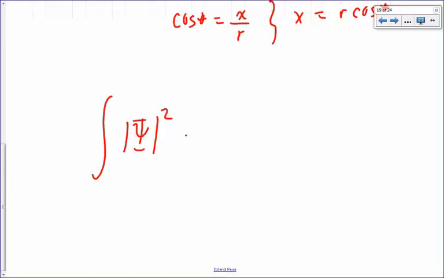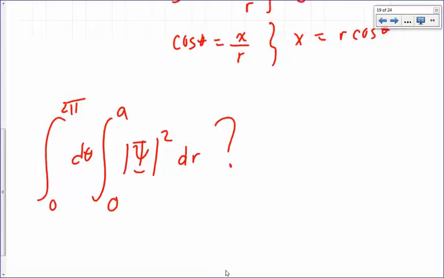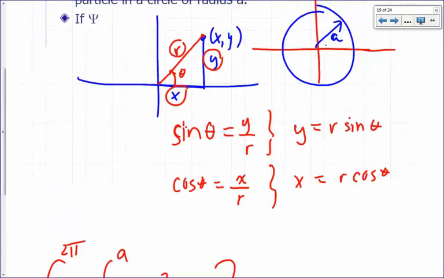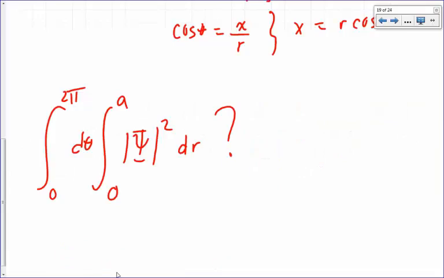Do you just say dr d theta? r from 0 to a and theta from 0 to 2 pi. You want the full circle, right? So you go 0 to 2 pi. Go full circle, theta goes from 0 to 2 pi, and r from 0 to a. Will that work? Let's look at psi squared